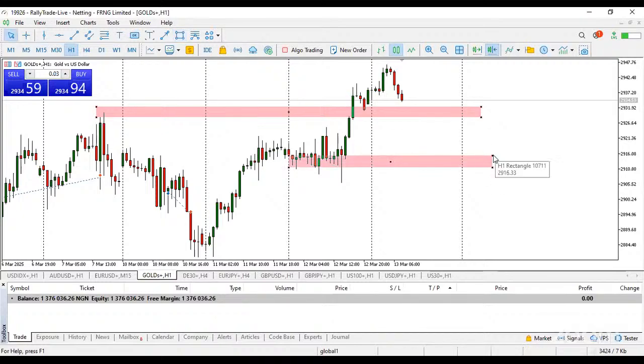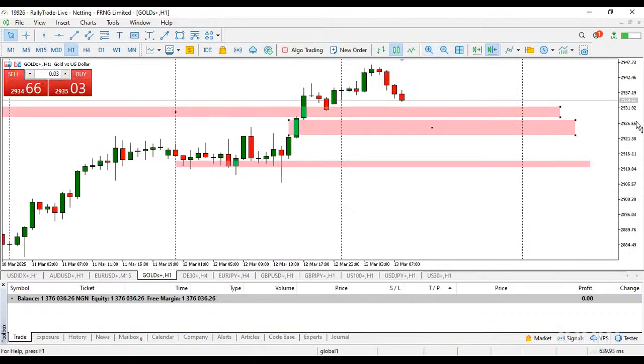Then, okay, this one is too big. Then I'm seeing a fair value gap right here. Guys, there's a fair value gap here, and this is a very sweet one. Why? Because the three candlesticks that form the fair value gap are all bullish candlesticks. So a fair value gap works better when all of the three candlesticks